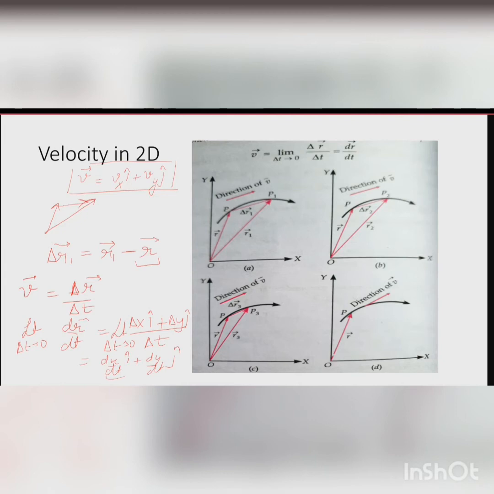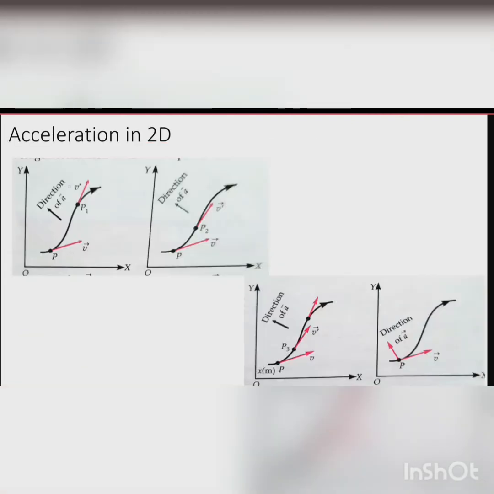If I talk about acceleration, now again, look at the directions of velocities, which are already marked. So they have taken tangent to the curve at that point. So we have velocity vector at point P, velocity vector at point P1. If I have to find out what is going to be my acceleration, the direction of acceleration, then I superimpose.